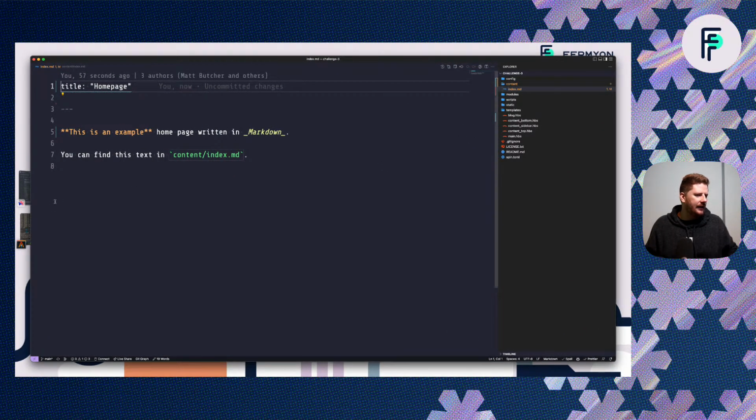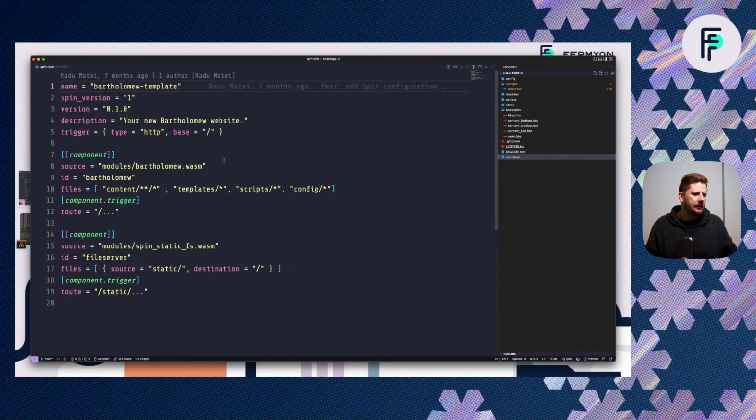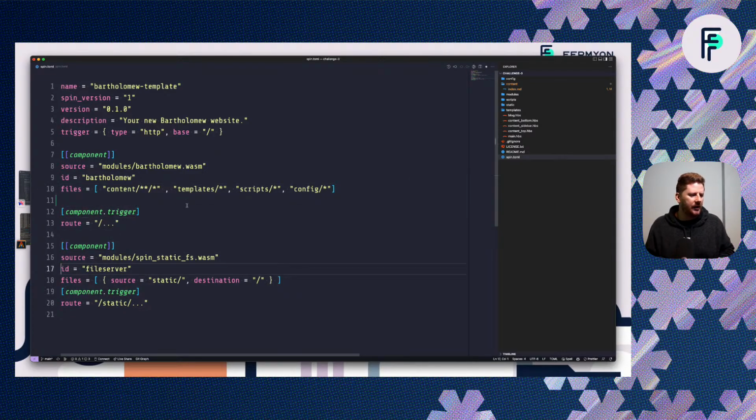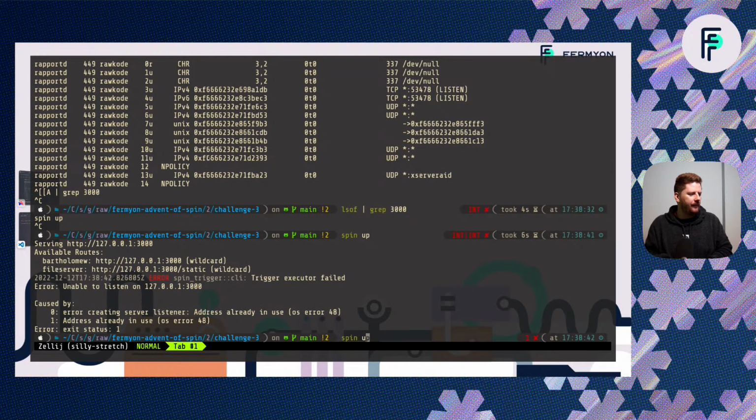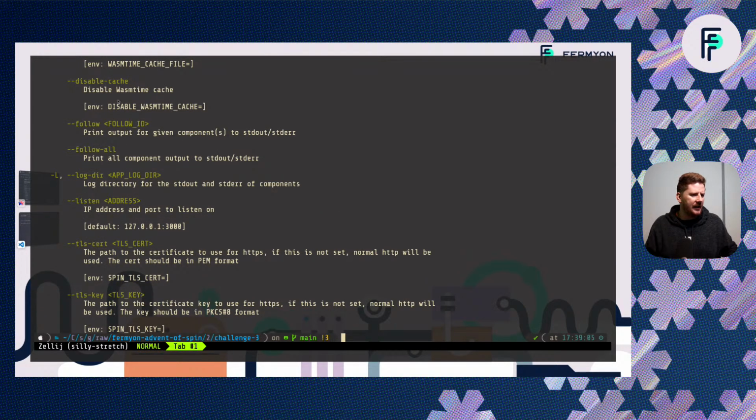Alas, I actually have no idea what that could be. There's not anything defined here. You know what? I've never even modified the listening address for a Spin application before. So off the top of my head, I don't even know how to change it. I'm assuming we can specify a listen parameter here. Yeah. Who knows? So let's do the follow all listen